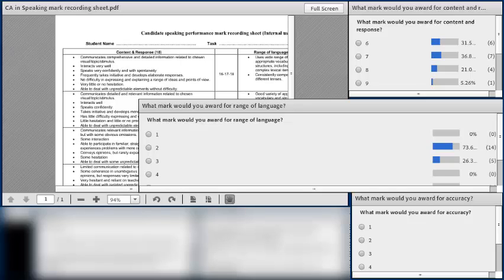Some of you have gone for a mark of 3. One of the problems really is that you've only got 6 marks, if you like, to go from grade G all the way to grade A star. And if you say that this candidate